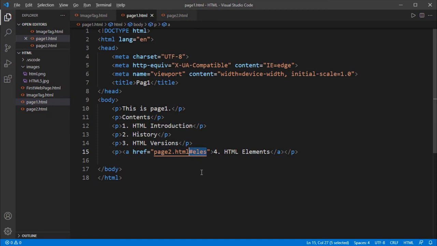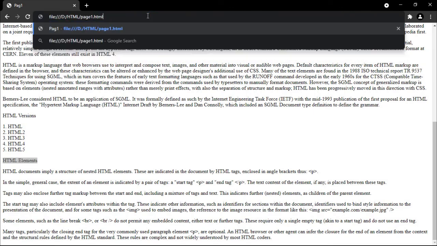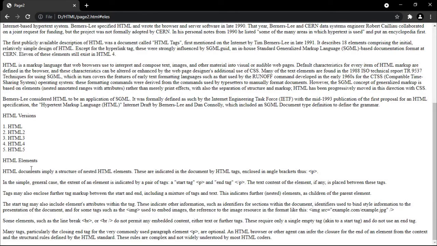Let us run this page. See here, HTML elements, it shows the HTML elements section directly. So actually we come to page2.html, and without scrolling down it shows the HTML elements section.